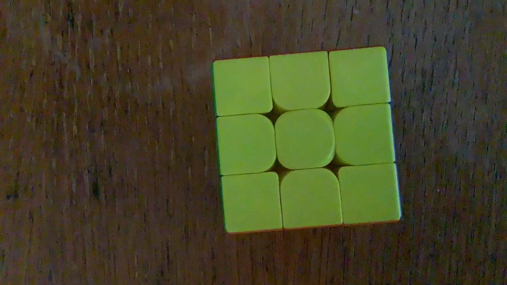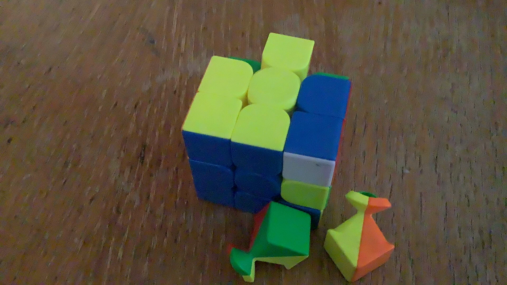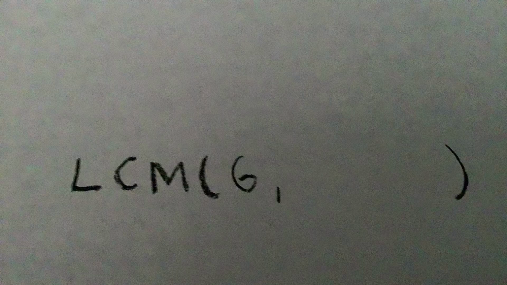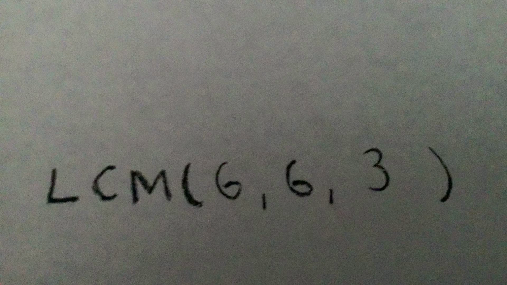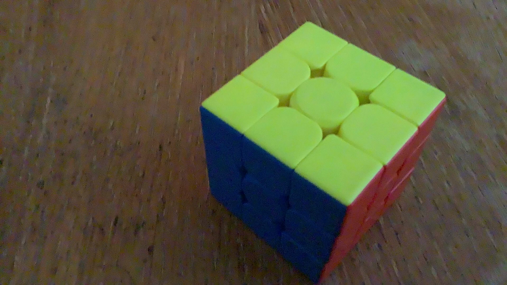Back to the cube. In our original permutation, 2 of the corners are going to switch positions and flip once, which is going to permute every 6 times. And 2 of the back ones are going to do the same thing. On top of this, 3 of the edges are also going to switch around each other. This means that in total, we've got the least common multiple of 6, 6, and 3, which happens to be 6. And if you count them right here, you'll notice that the permutation is indeed applied 6 times.